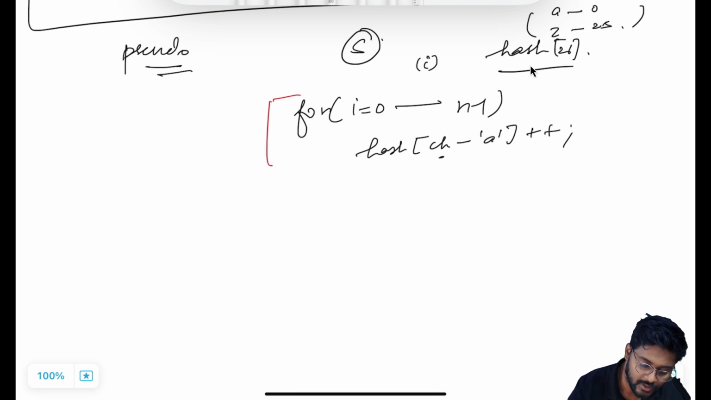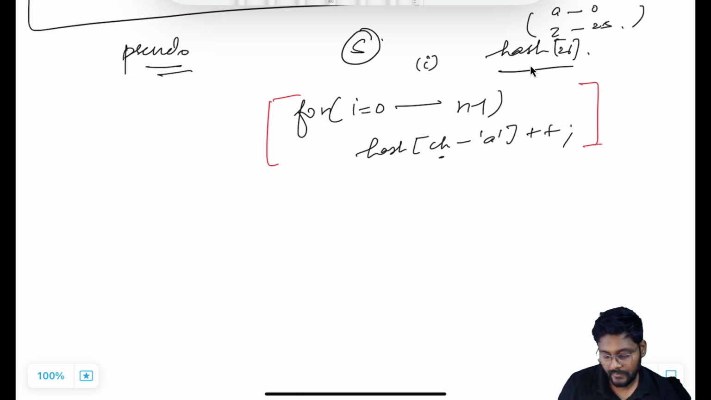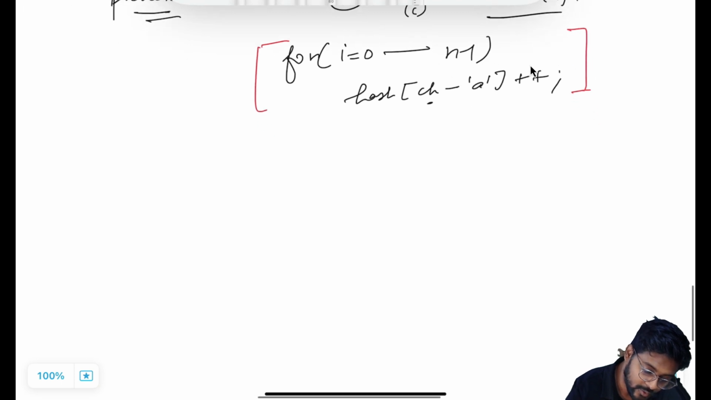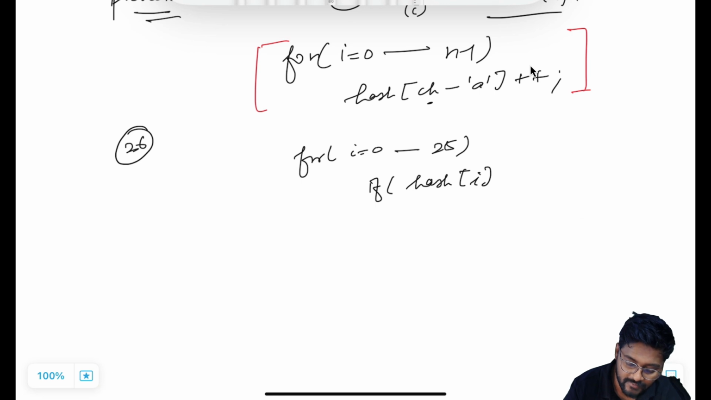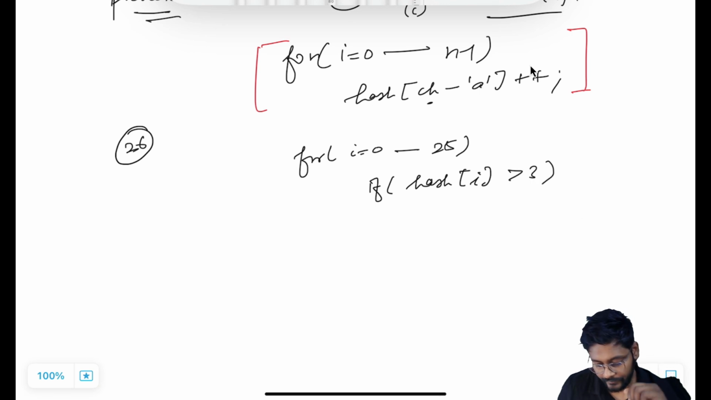Now this loop will be capturing frequency of every single character. And now you have frequency in that 26 size array. Now you can just iterate over those 26 size array. I equal to 0 to 25, both inclusive, and see if the hash of I, it means the frequency of, let's say if I equal to 0, frequency of A. If the frequency of A is greater than 3, only in that case we can do something. Otherwise,